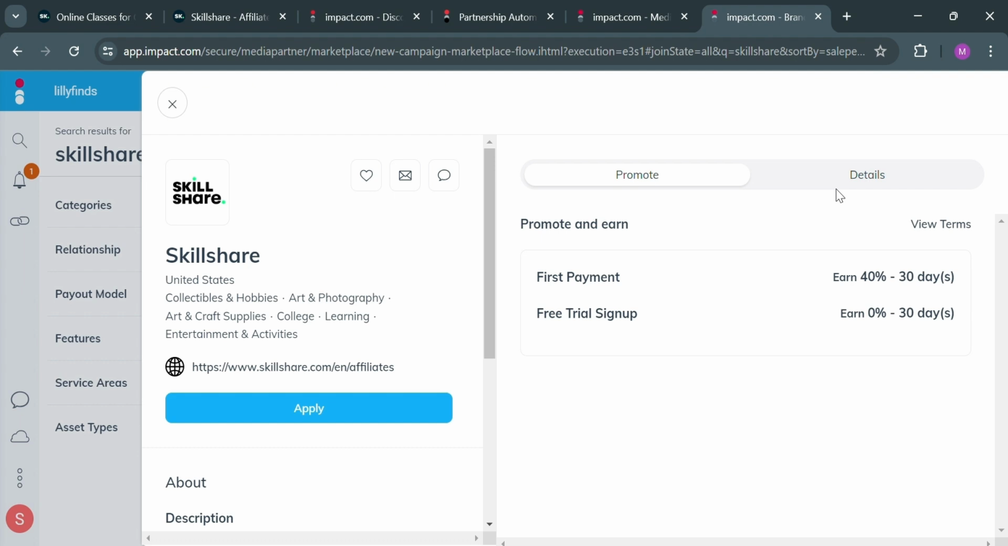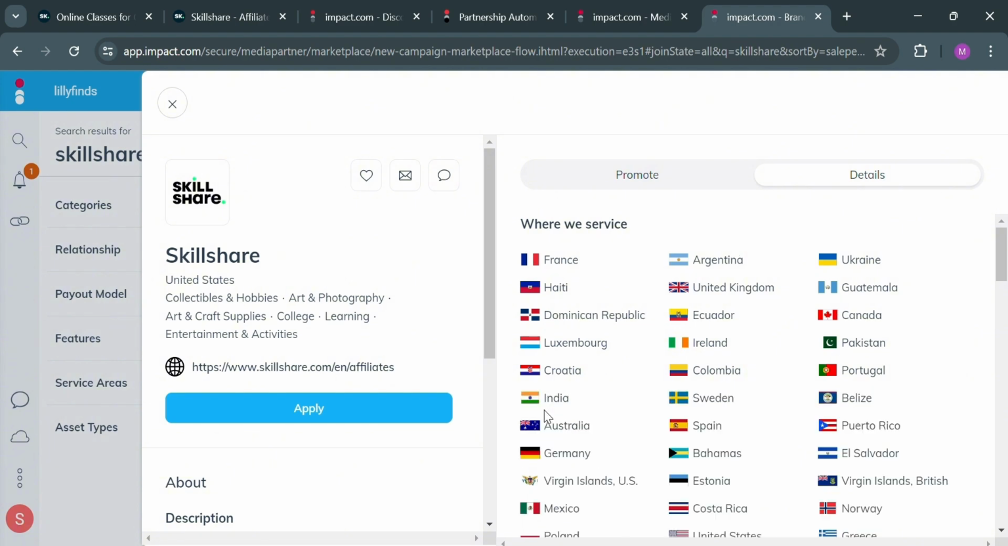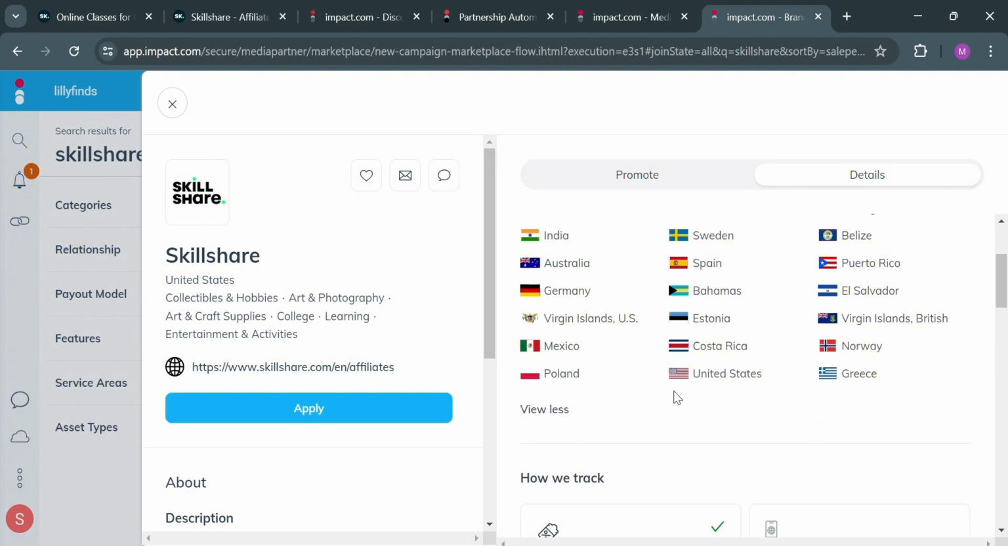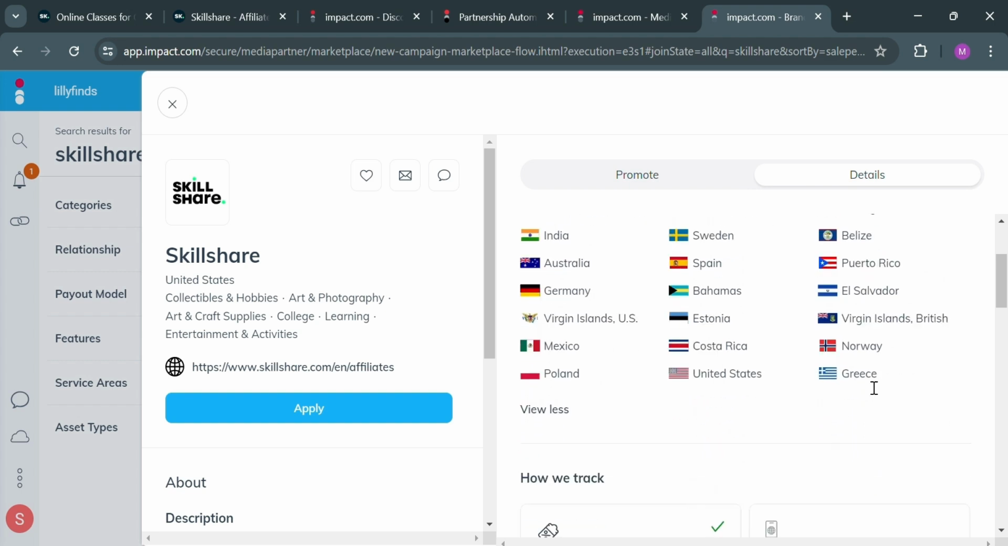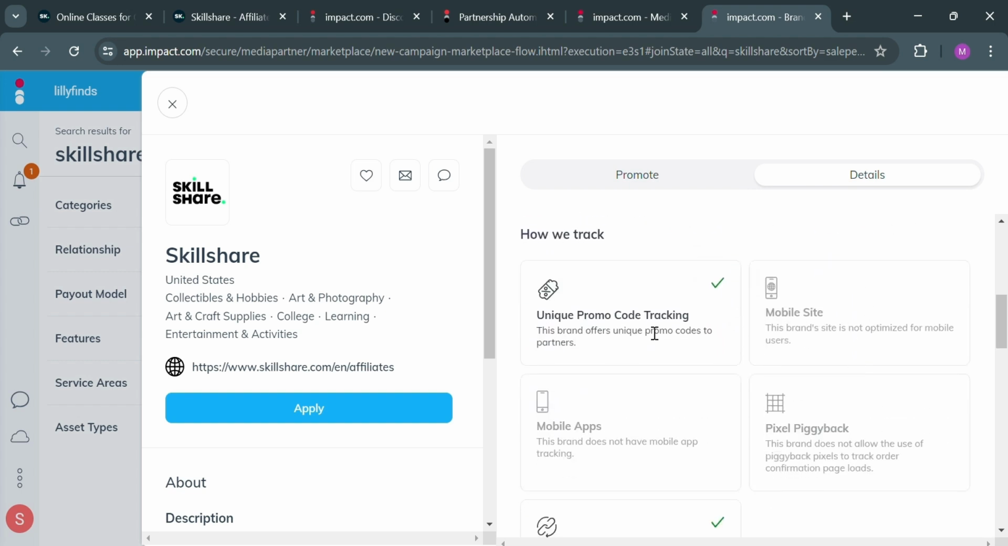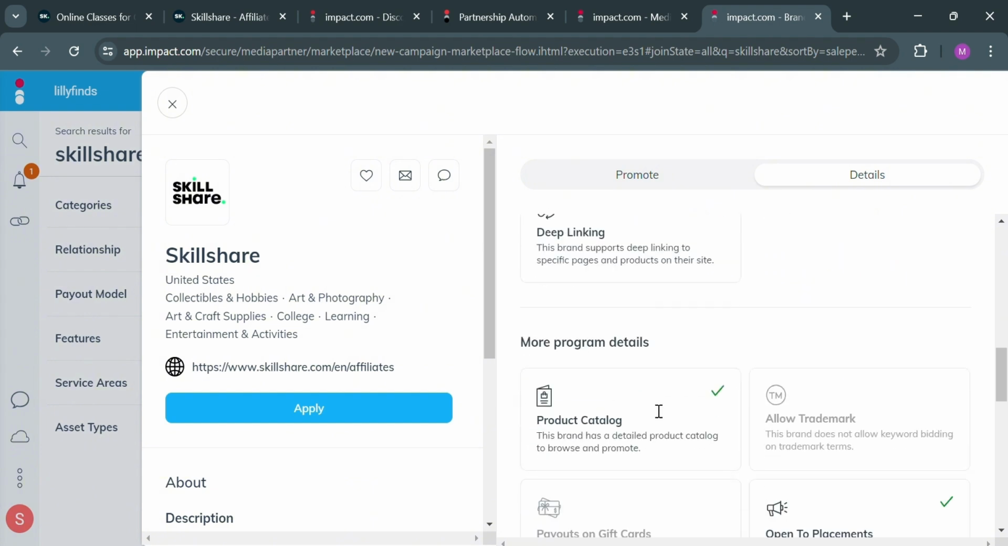And aside from that, under these details, by clicking on it, it will show in here some of the countries that are available to promote this kind of affiliate program. So it is basically some of the countries that you can choose to get your leads in your affiliate program of Skillshare. And below it will show you how they can track your affiliate program leads or referral, and below